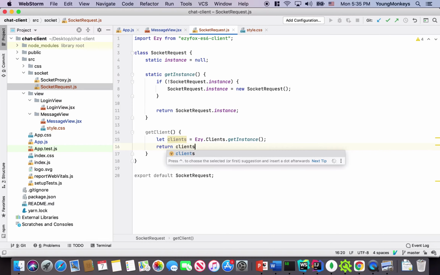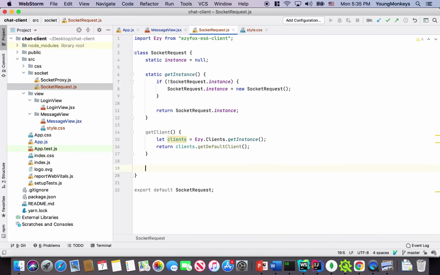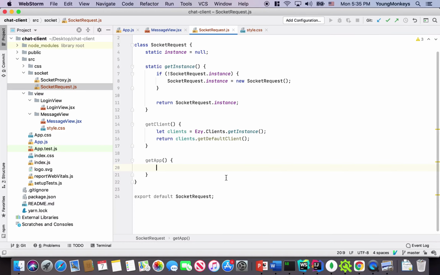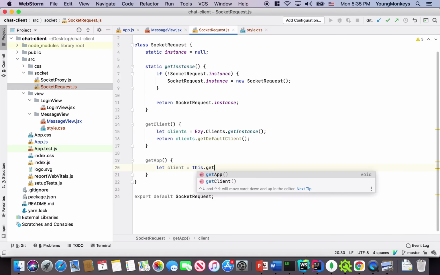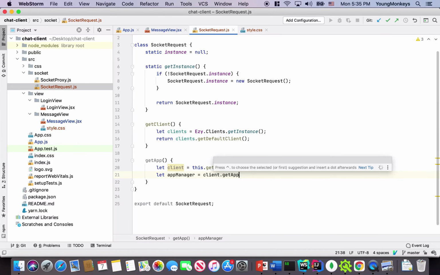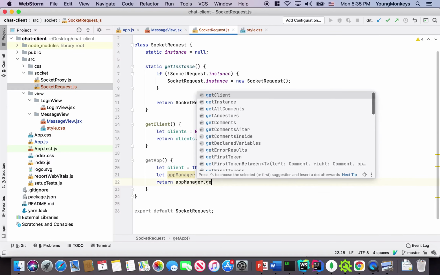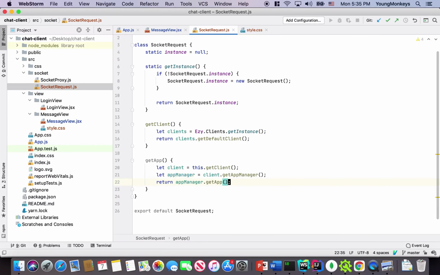And now I can return clients.getDefaultClient. And I also want the getApp function. It will give me the current application that I have access to. So let client equal to this.getClient, let appManager equal to client.getAppManager, and I'll return appManager.getApp. All right,